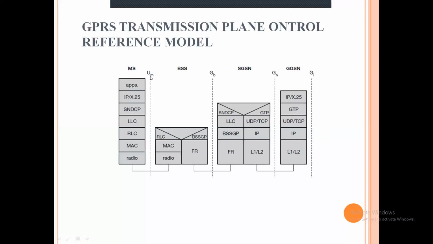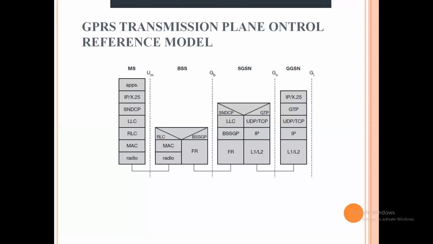For any communication system, we need to have two important things. That is, one is an interface and one is a protocol. These two are very important. Without an interface and without a protocol, there is no communication in any network.